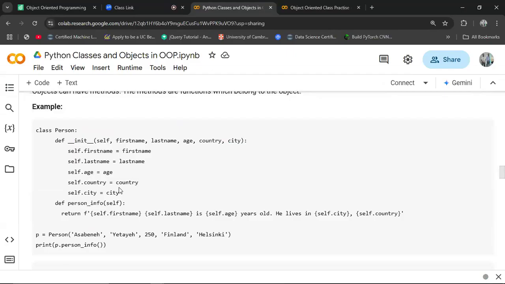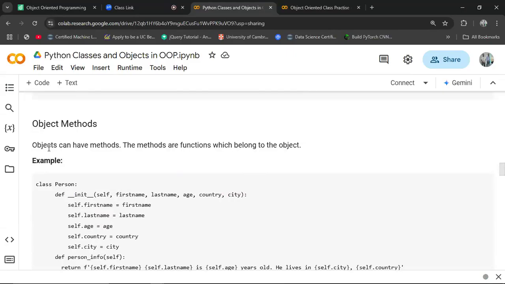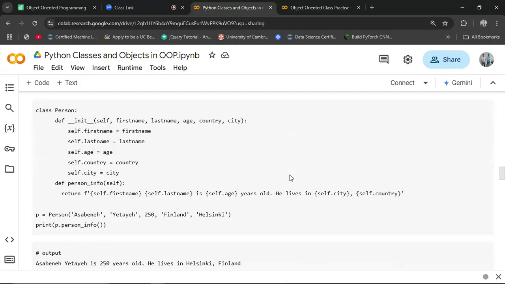Where is it? Here. Object. So an object can also have methods. And methods are functions which belong to an object. So these are what the object can do. Okay. For example, in this class,